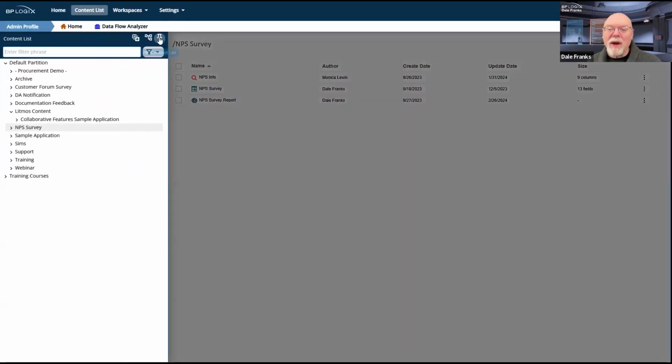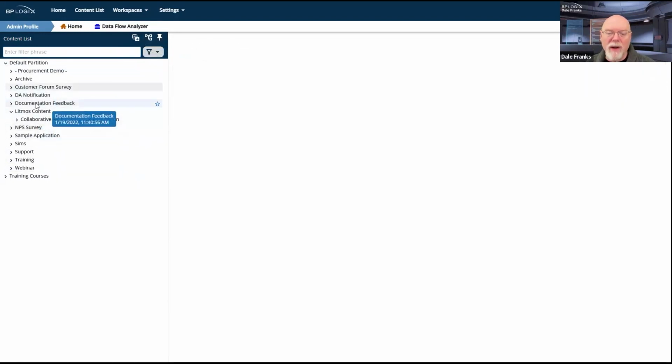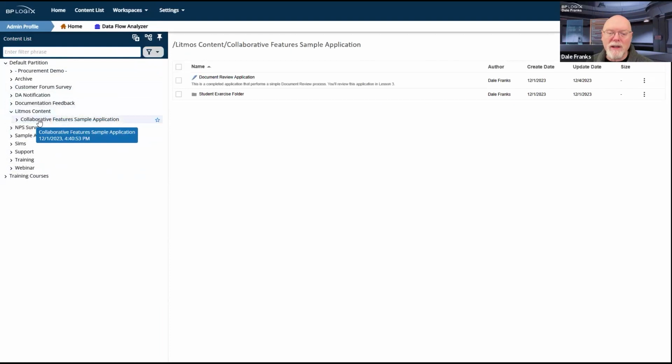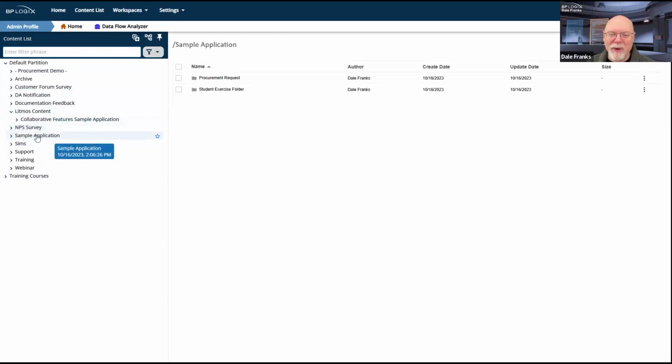So there is a pin content list or unpin content list button, depending on its state. And notice when I click it, what's going to happen on the right-hand side of the screen is it's going to go from dark gray to just white. And the reason it's going to do that is because my content list is now pinned. And because it's pinned, I can now do any sort of navigation that I want inside the content list. I'm trying to find something that has a subfolder so that I can, oh, there we go. I can go into the subfolder.